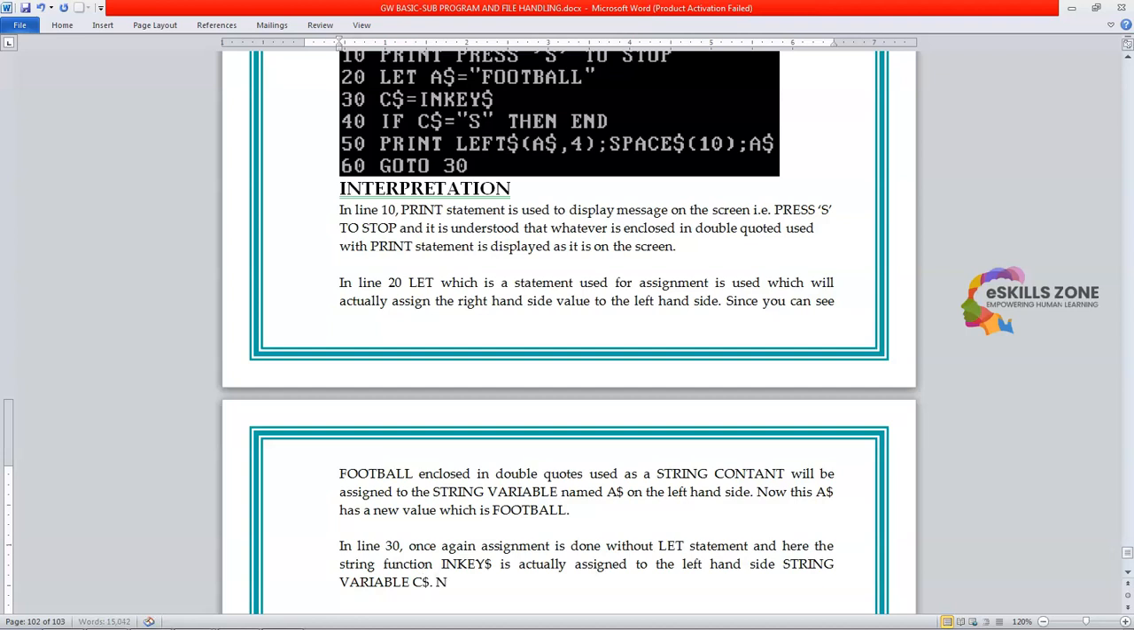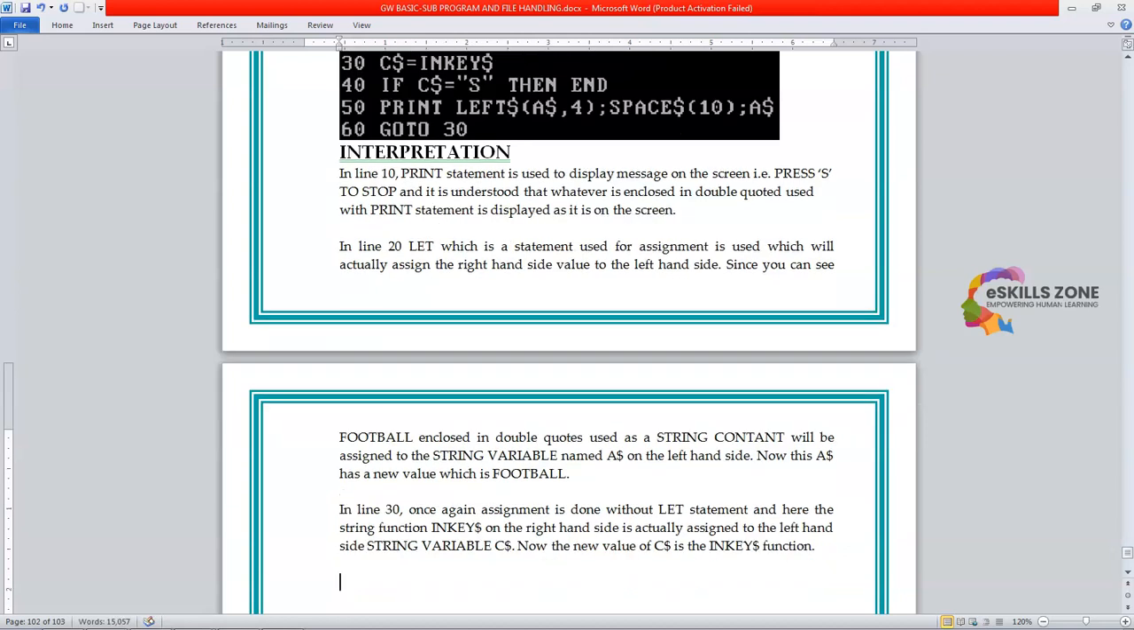Now the new value of $ is the $ function. Or I can type $ on the right hand side, which is actually assigned to the left hand side string variable $. Now the new value of $ is the $ function. In line 40,